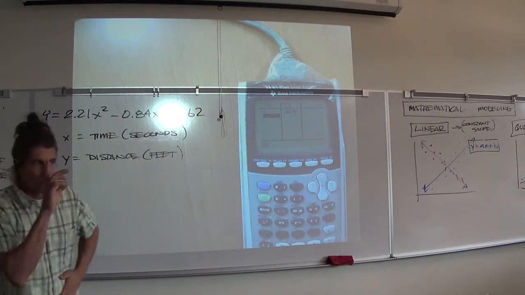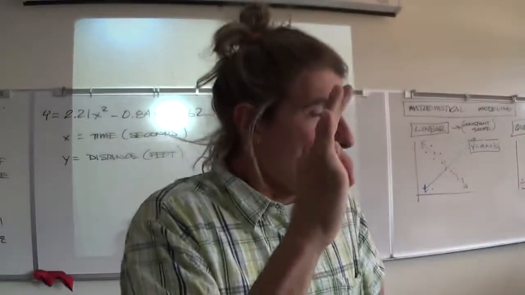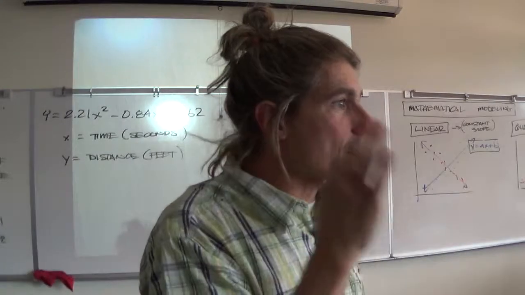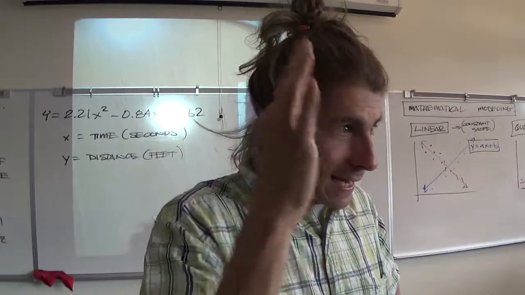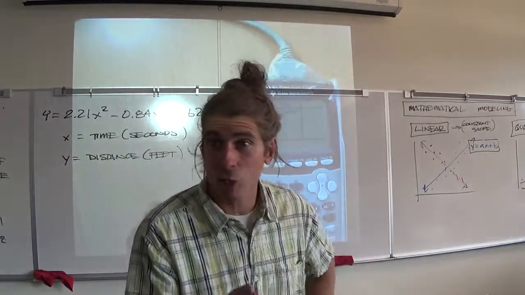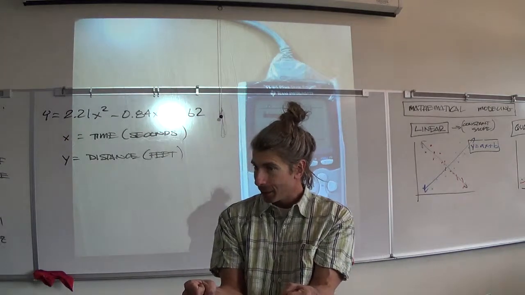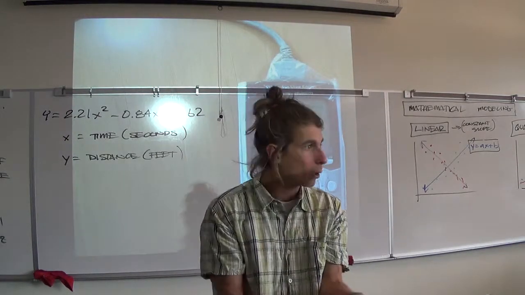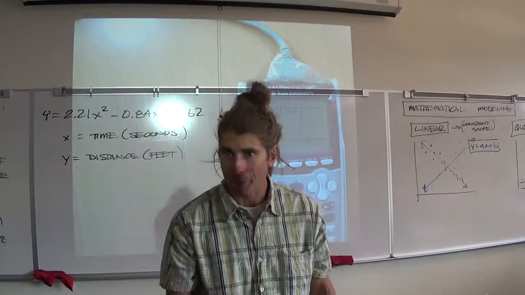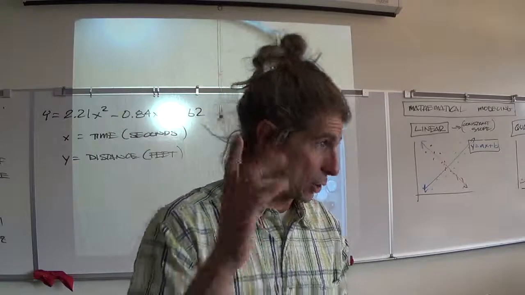Now, what we're going to get into next time is the difference between an average rate of change and an instantaneous rate of change. An instantaneous rate of change is what your car shows you on your speedometer. How fast are you going right now? Right now, look down, 25, 30, 45. An average rate of change